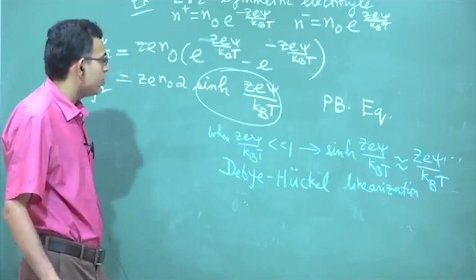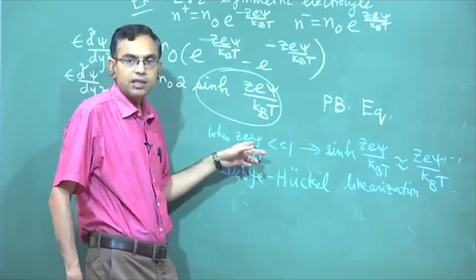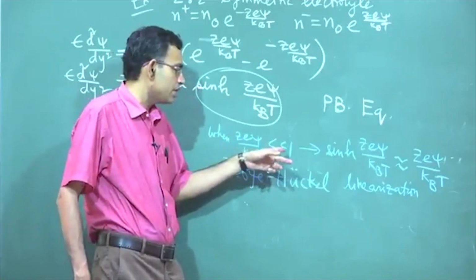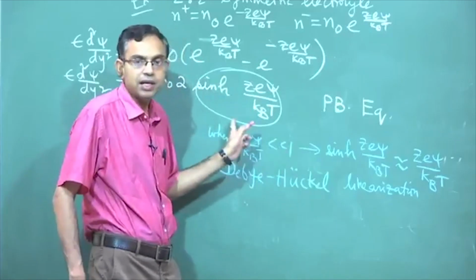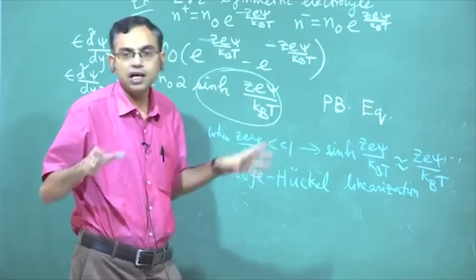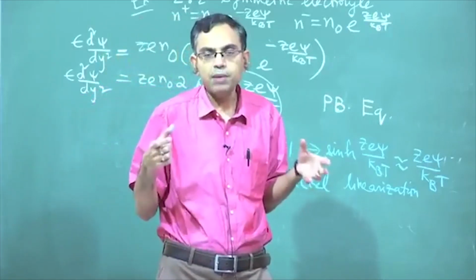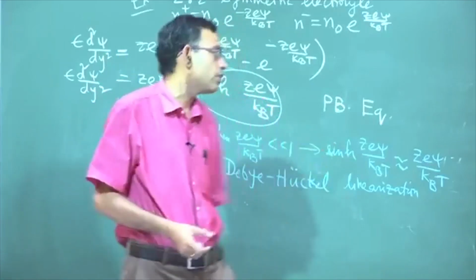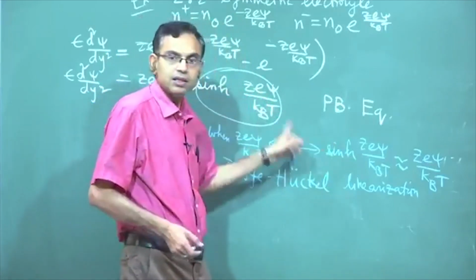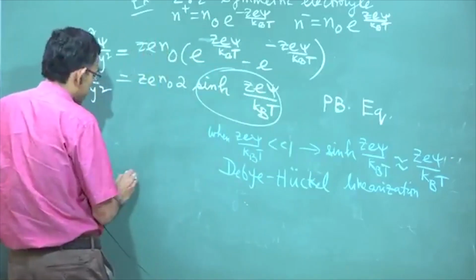So typically now you can argue, what is the typical physical value of the potential that keeps this within this limit? It is around 25 millivolt. So if the zeta potential, the maximum psi, is the zeta potential, and its magnitude is less than 25 millivolt, you can safely apply this linearization. So under that case,